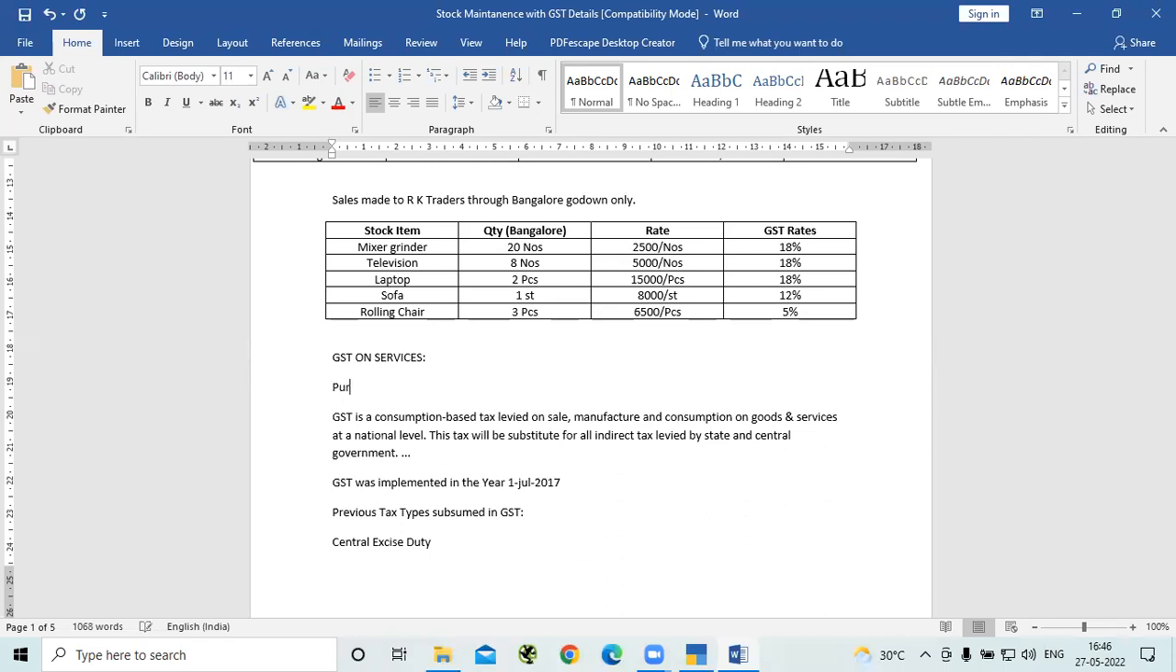Okay, so purchase of photography services. The photography services is identified with a SAC number. Does anyone remember what SAC is? It is Services Accounting Code. Okay, so the services accounting number is 998381